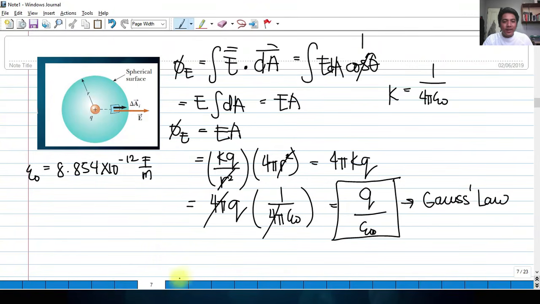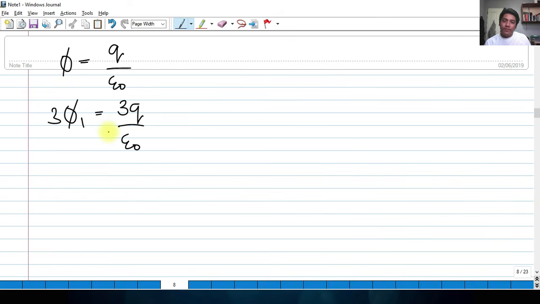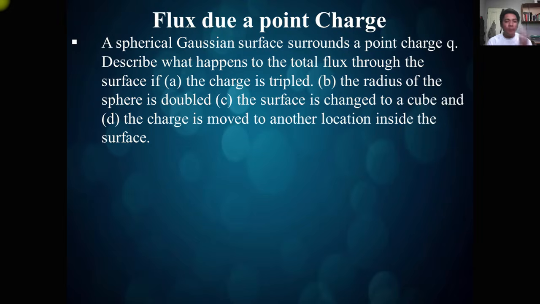Okay, if the charge is tripled, according to Gauss's law, flux in any closed surface is equal to Q over epsilon sub 0. So this is our original flux. What will happen to flux sub 1 if we triple the charge? Since we are tripling the magnitude of the charge, this flux would also triple because it is directly proportional to the magnitude of the charge. So our answer for letter A is the flux would also be tripled. Okay? So for letter B,